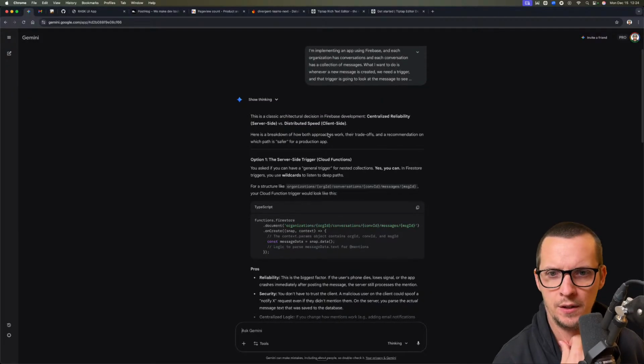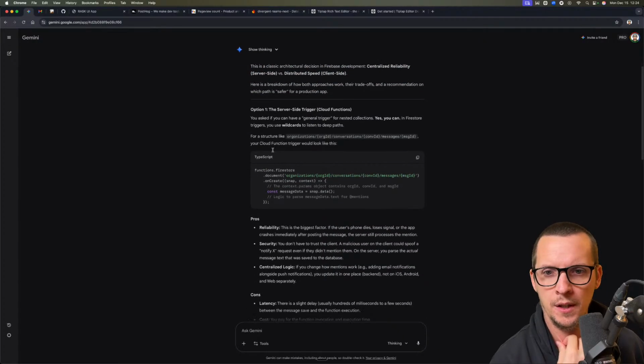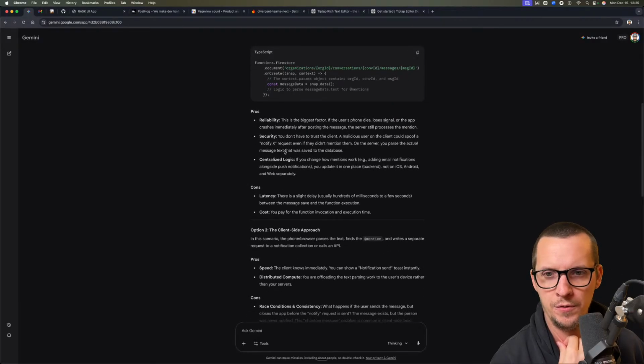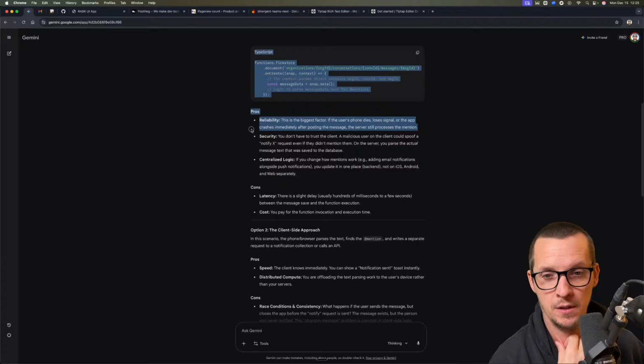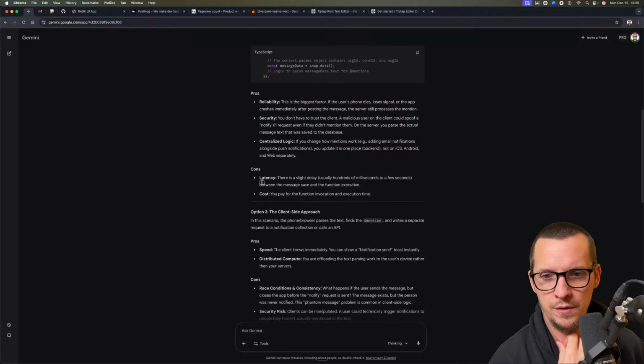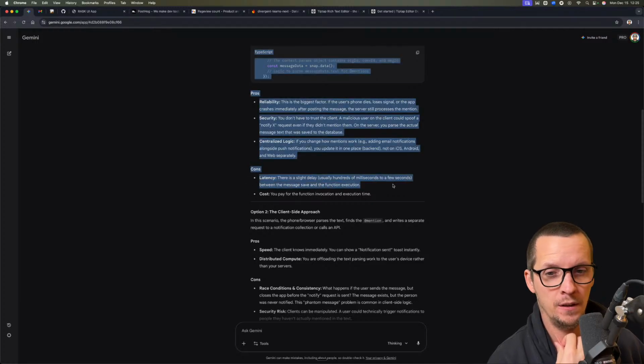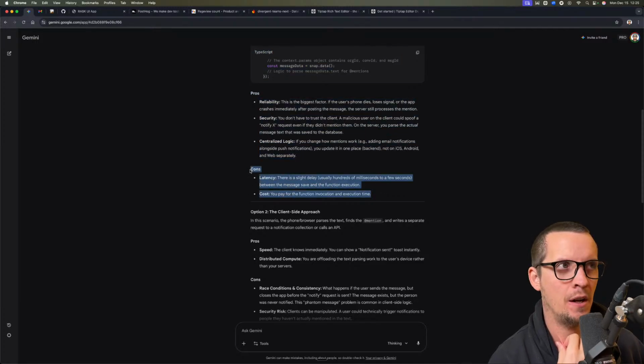This is a classic architectural decision in Firebase. Centralized reliability, distributed speed. Yeah, here's a breakdown. The server-side trigger. As if you can generate from the, yes, you can. In Firestore, blah, blah, blah. Pros, reliability, this is the biggest factor. If the user's phone dies, loses signal, or the app crashes. Yeah, exactly. You don't need to trust the client. Good point. Cons, latency. There is a slight delay, but this is perfectly fine. Like, these are kind of like notifications